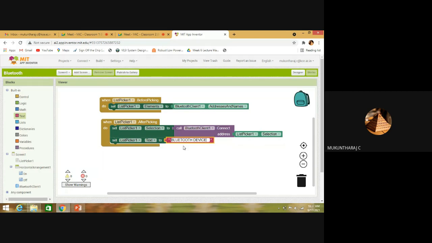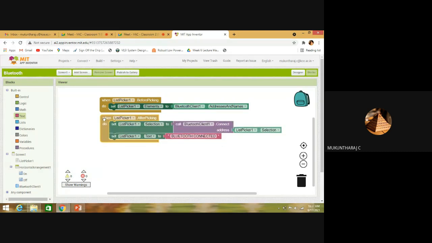When a Bluetooth is connected, we can provide some indications. Bluetooth connected, that's all. So these two rules are useful for the connectivity, right?